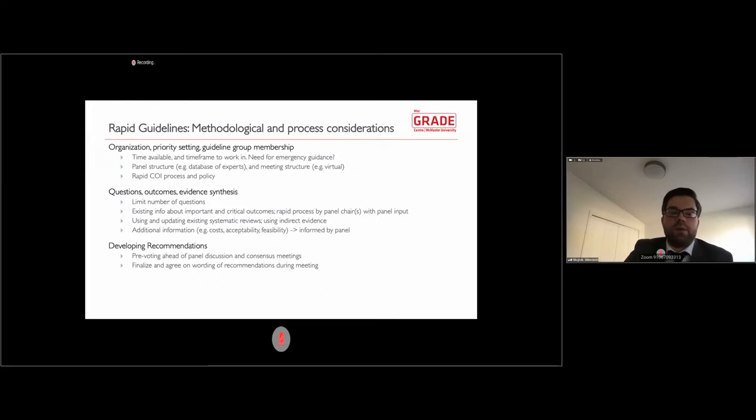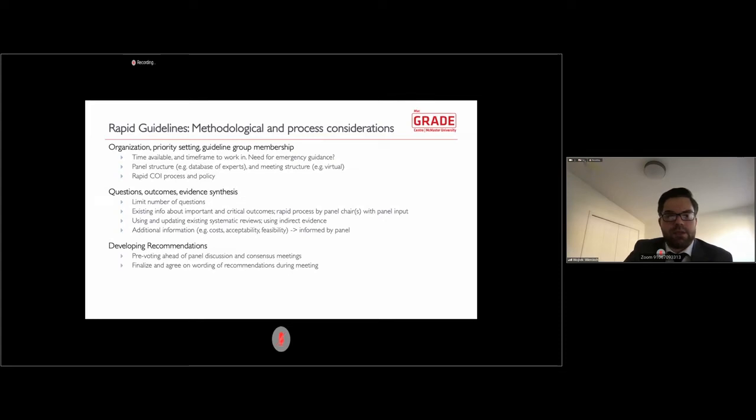And of course, we would want to finalize and agree on wording of recommendations during the meeting to not draw out the process and to have the panel agree on what a final recommendation might look like while they complete the process and as they are in the room, essentially,